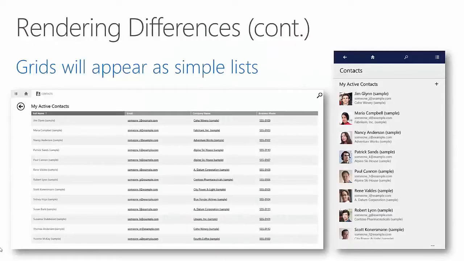Another thing you might notice between the tablet and phone app is that in the tablet app there's two different experiences you might see when viewing a list of records. If you're on a dashboard or maybe looking at a subgrid of records within a form, you're seeing a simplified list, kind of similar to what you see here in the phone app on the right hand side. But if you're in the tablet app and you go to the sitemap navigation and you choose to look at the accounts entity or contacts entity,